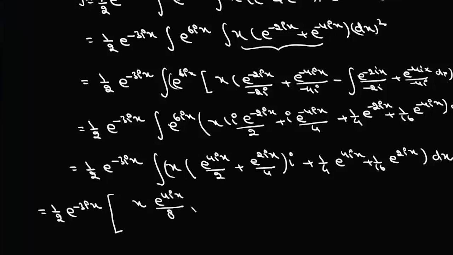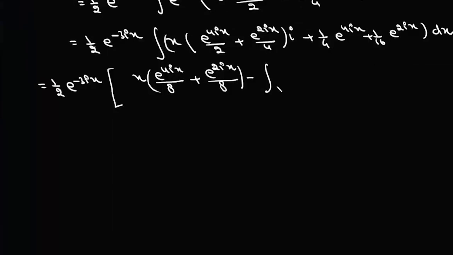Now this iota will cancel, so it will be this 8 plus e to the power 2 iota x upon 8, and then minus this integral derivative of x is 1, and here it will be e to the power 4 iota x upon 8 iota plus e to the power 2 iota x upon 8 iota into iota dx,